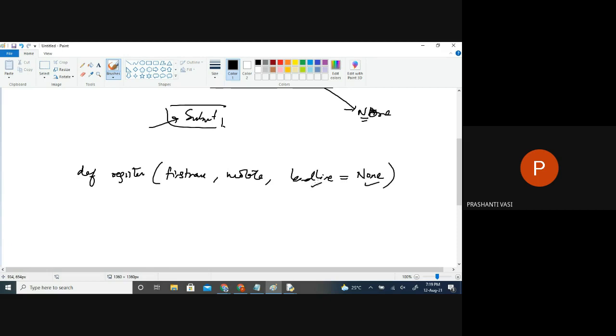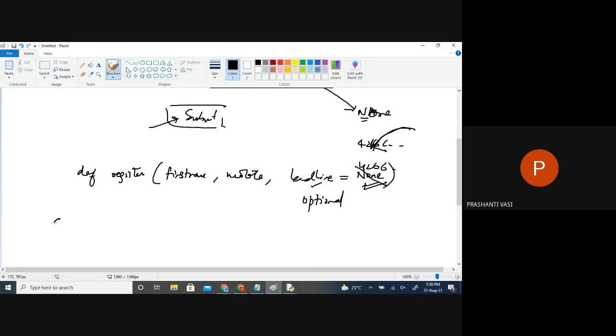So they have already set a value for the third variable, landline, so that if you pass something new, if you have a landline number, it will just replace this with that number. If you don't pass a third argument, it will continue with None only. So here it becomes an optional value. We are expecting three arguments, but all three are not mandatory. We can pass only two and leave the third one blank. If you have a landline also, you pass three arguments.